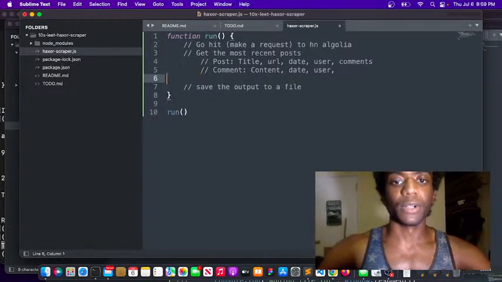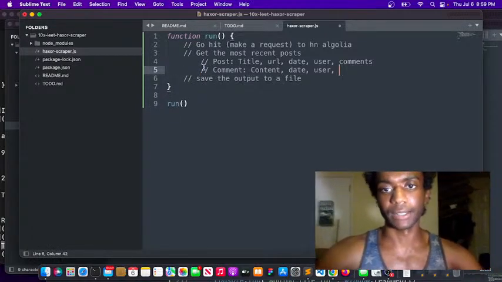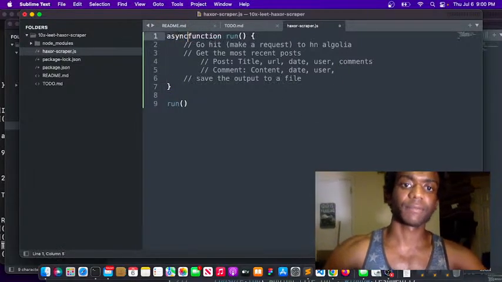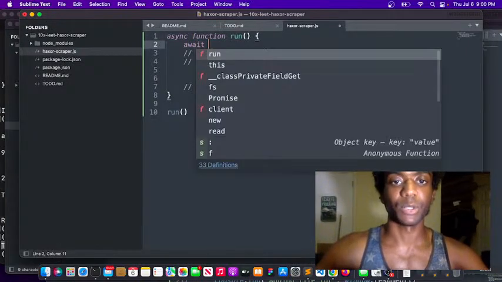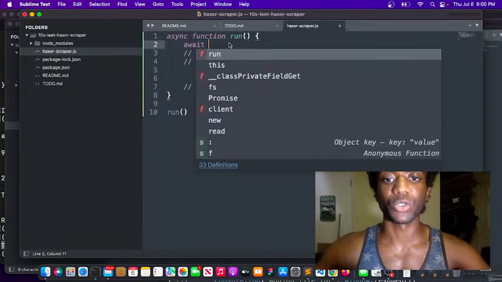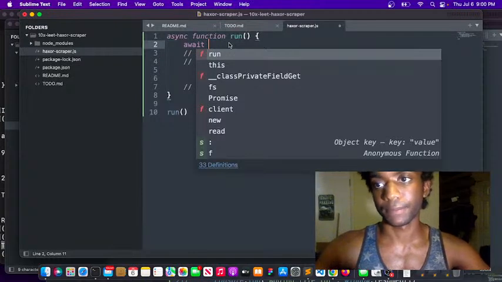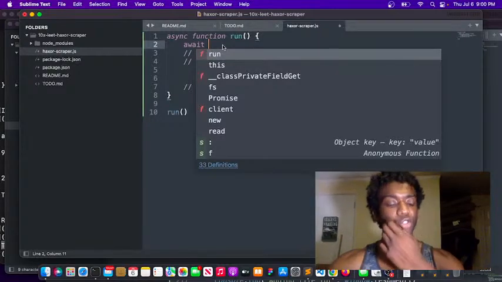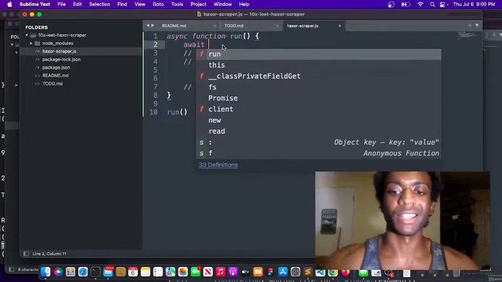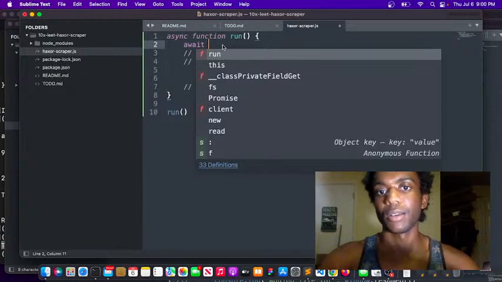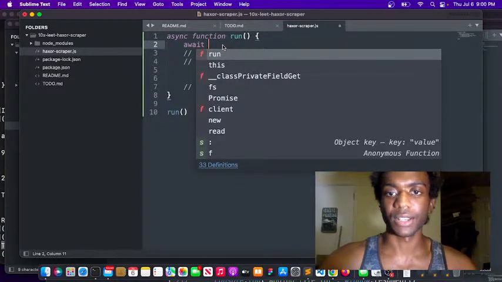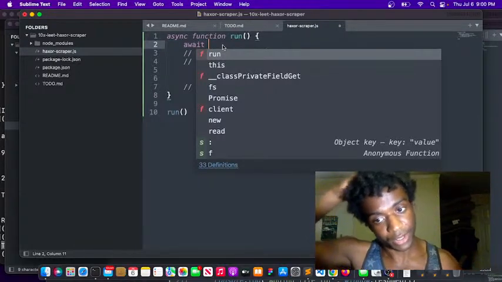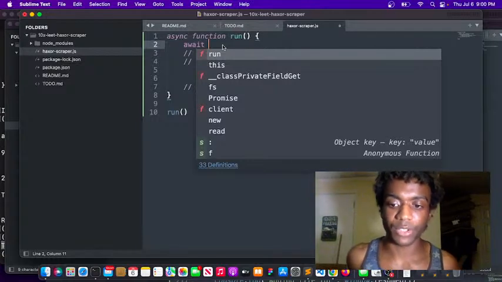All right, so now we just want to get the data. We want to make a web scraper. So first things first, I'm going to make this async because I want to use await, which is a way to wait for promises to execute and resolve. A promise is a structure in JavaScript that is used to promise for something that requires asynchronous execution. I know I just used the word in the definition, but so